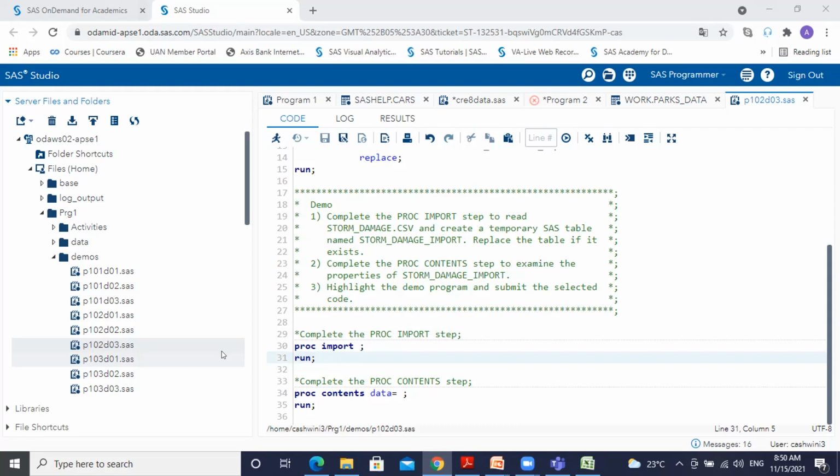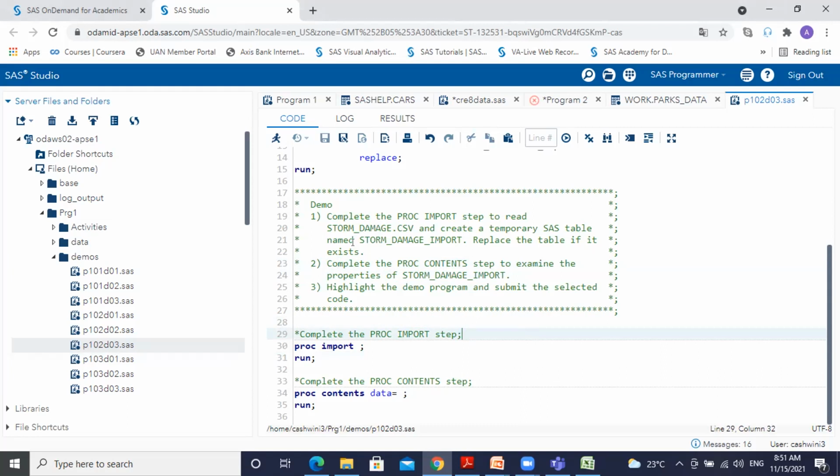What do you want me to write in the OUT? Because visit is not the one we will be writing. So should I write the same file they have given, storm damage? Use the same, yeah. Because visit is a different Excel file, Priyanka, that is NP info. This is storm damage. I was just asking because the name we can keep as any, right? I was asking which one I should keep because you were writing a different one.